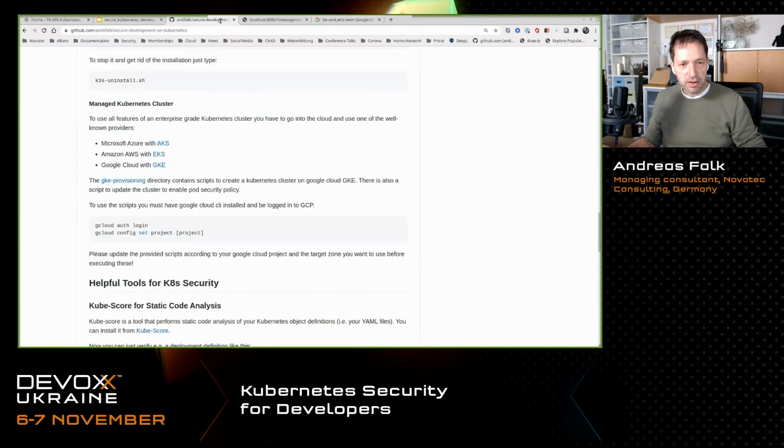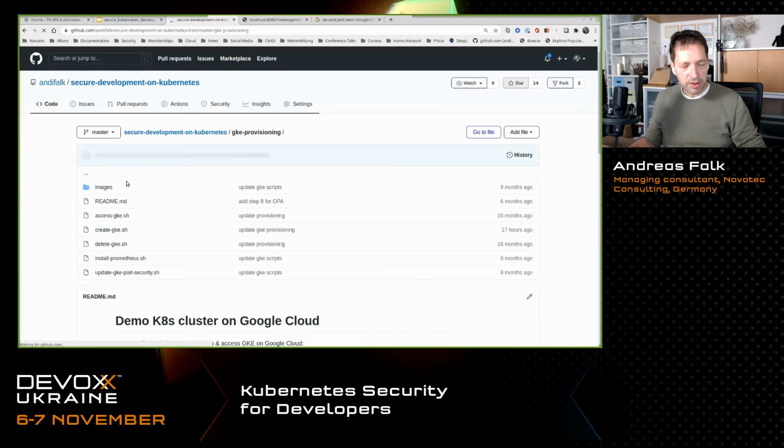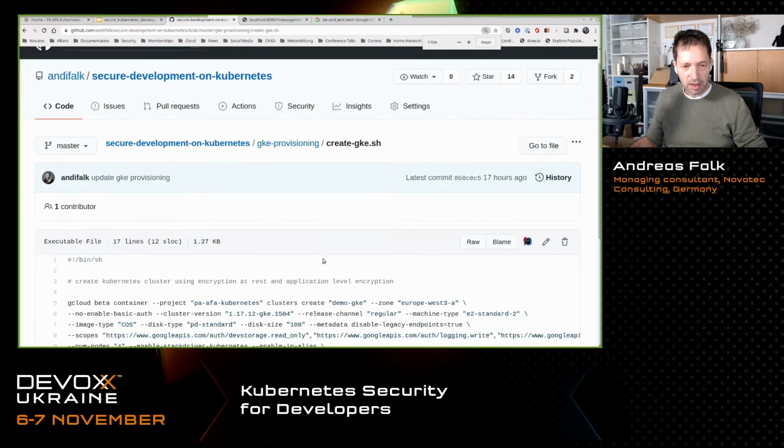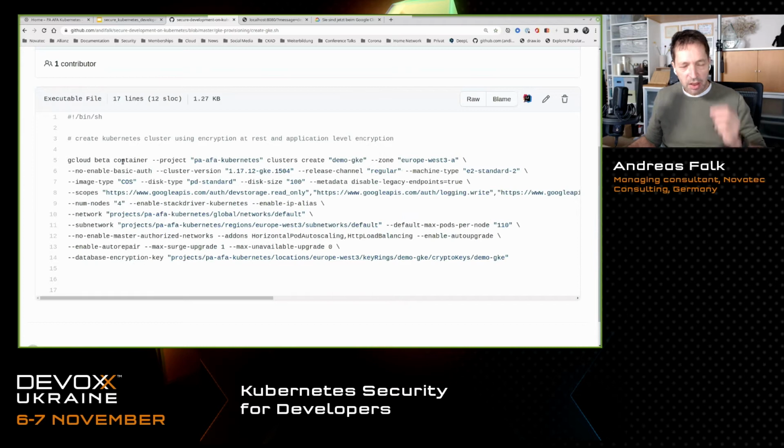I also can, in the meantime, show how the command looks for creating such a cluster. In fact, I will just create a Kubernetes cluster on the Google Cloud environment. In that case, you have to give a zone where that cluster runs.